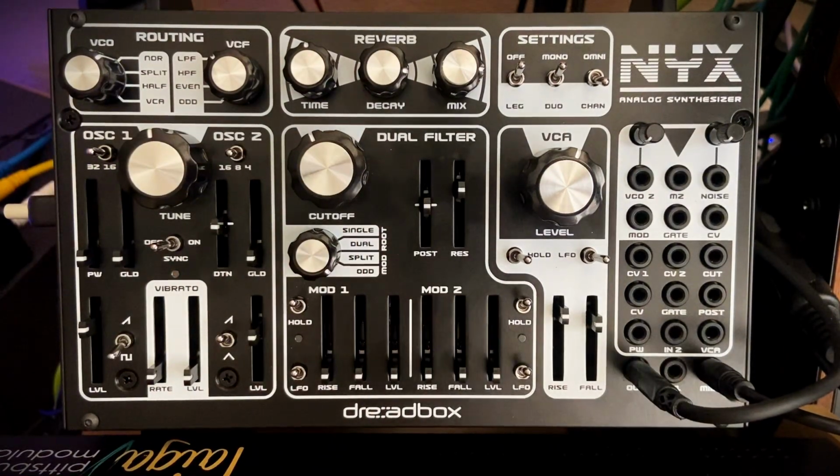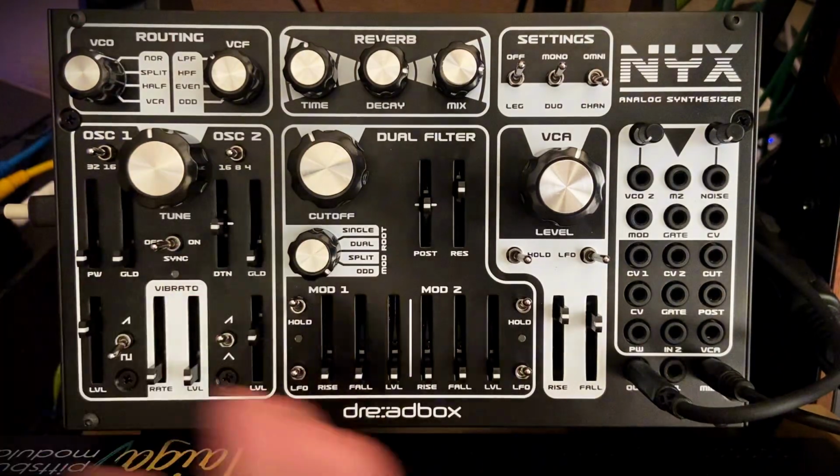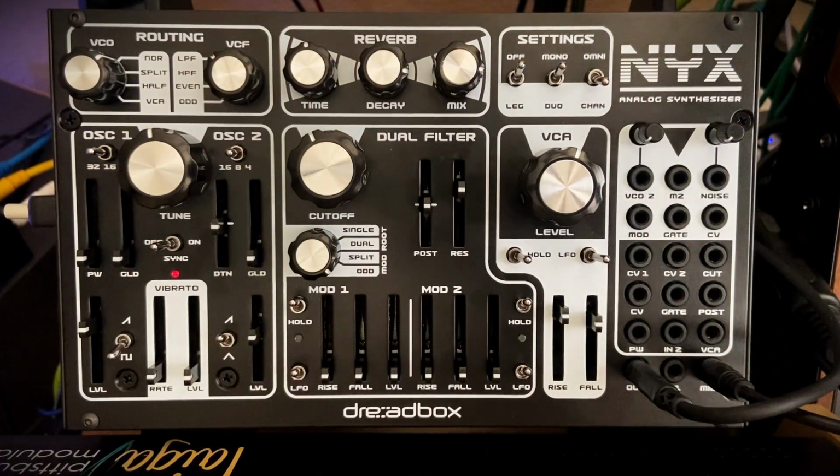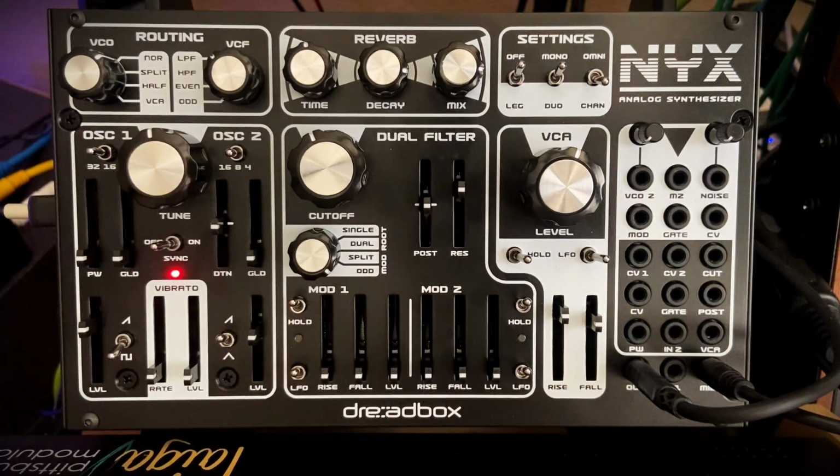Beautiful. So there you go. There's my overview of the NYX and how the signal routings can work. Like I said, you can set it up in almost any way that you want. And I will emphasize, this is my first time playing it, so I'm kind of getting caught up in...